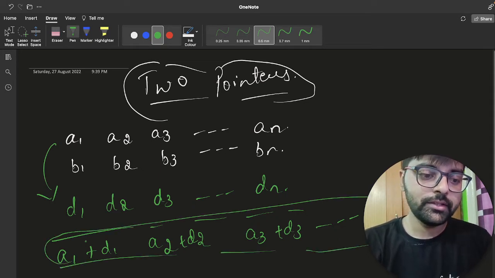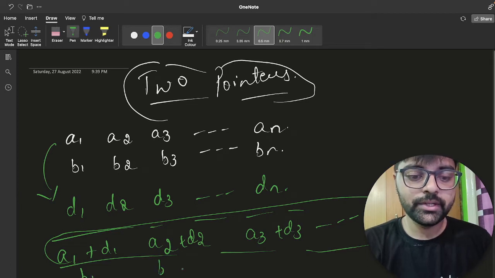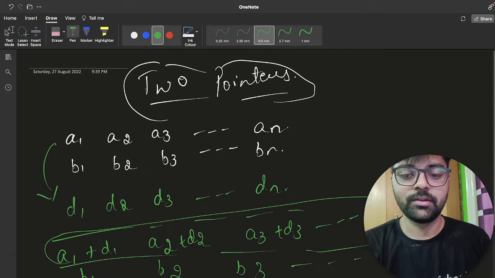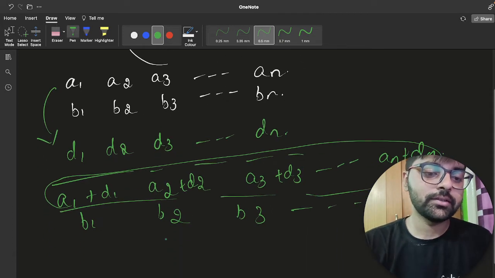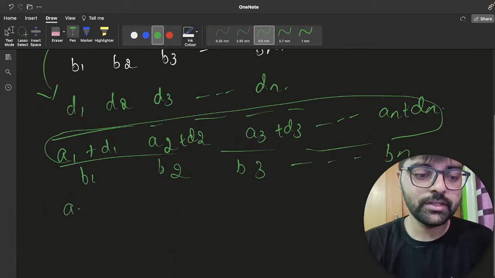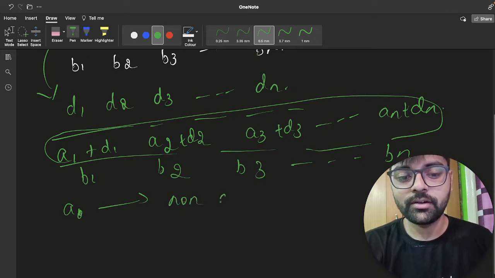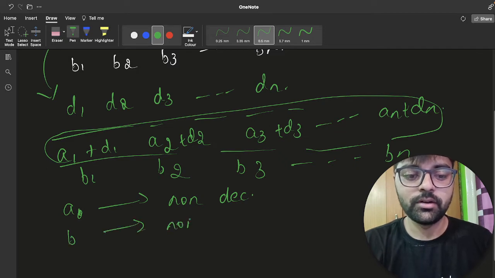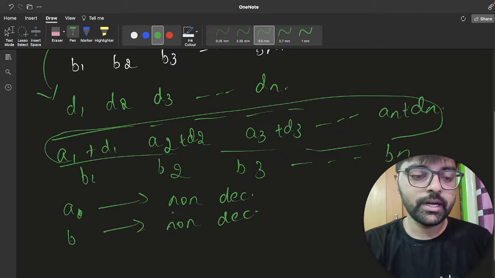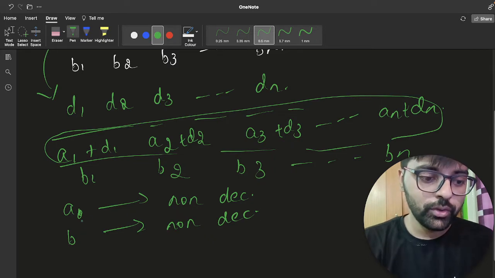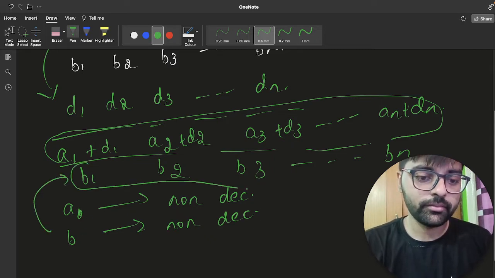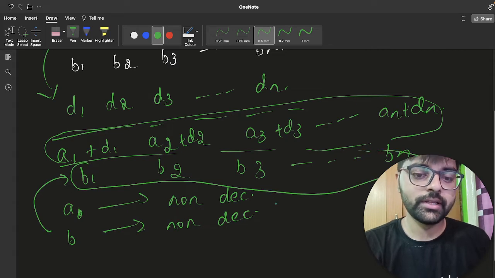So this became our b1, b2, b3 up to bn. It is given that a is in non-decreasing order and b is in non-decreasing order, right? So after we got b, we sorted it to make it non-decreasing.